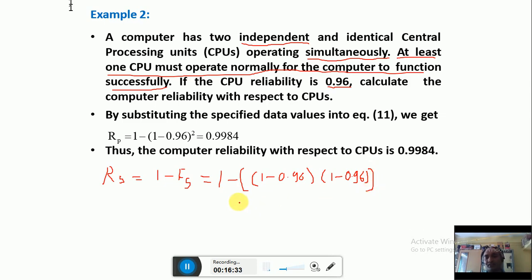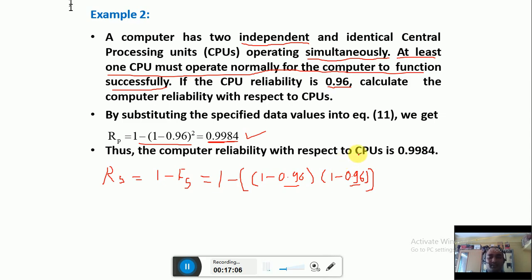Okay, so it means that this will be equal to 1 minus the bracket 1 minus 0.96, bracket squared. So the same is given over here, and you will get this reliability. Now you can observe that this reliability is greater than 0.96. Even if, suppose, this value is 0.99, you are definitely going to get a value more than 0.99. So in parallel configurations, the reliability of the system is always greater than the maximum reliability of the components